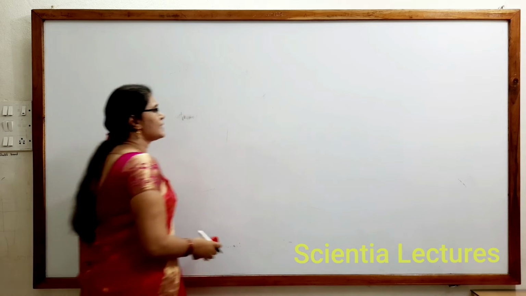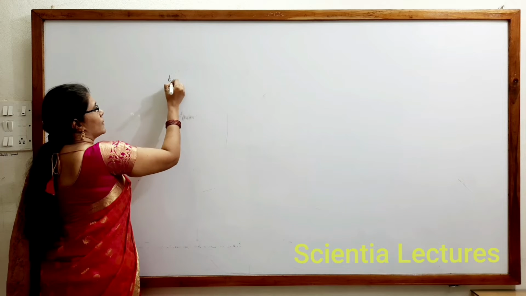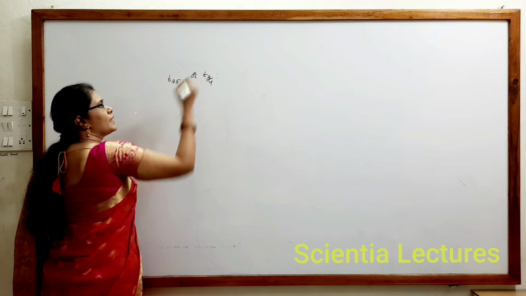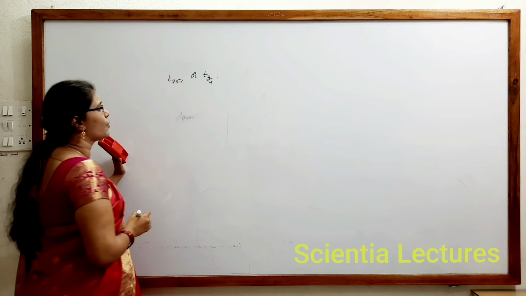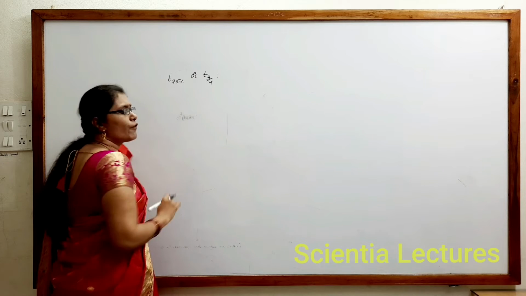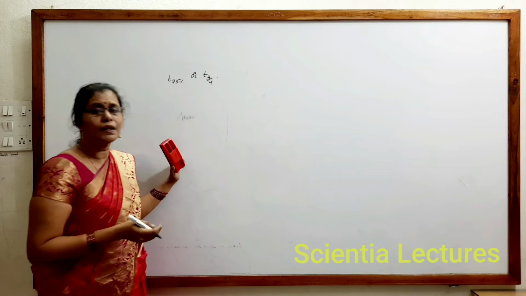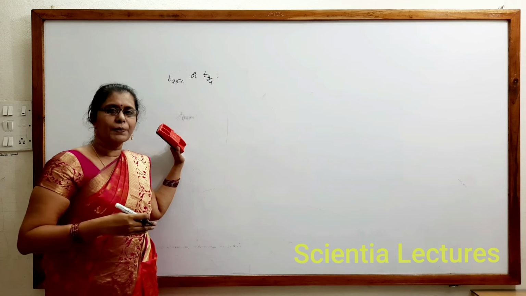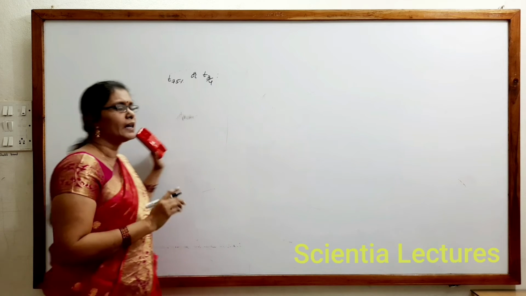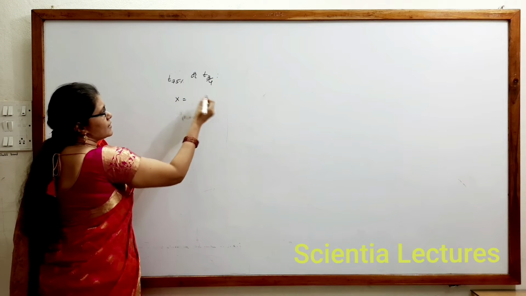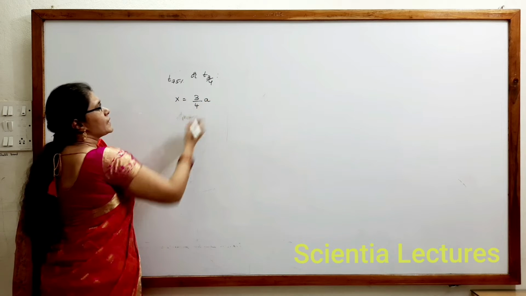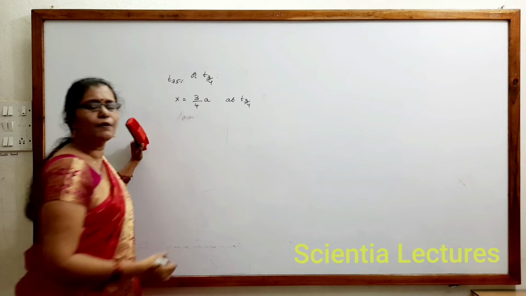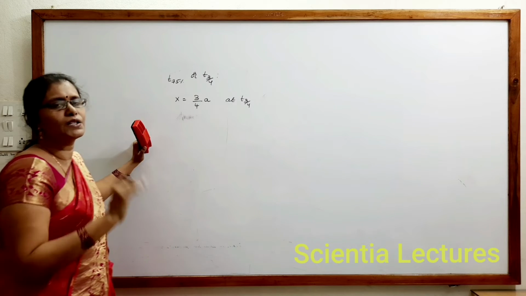Now let us see T 75%, or it could be written as T 3 by 4. So what would be the reacted amount in T 75%? 3 by 4th amount should be reacted, or 75% of the amount should be reacted. Is it not? That is 75% or 3 by 4th amount has to be reacted, which implies if initial concentration is A, what is the reacted amount? 3 by 4th of A at T 3 by 4. So at T 3 by 4, the reacted amount is 3 by 4th of initial concentration.